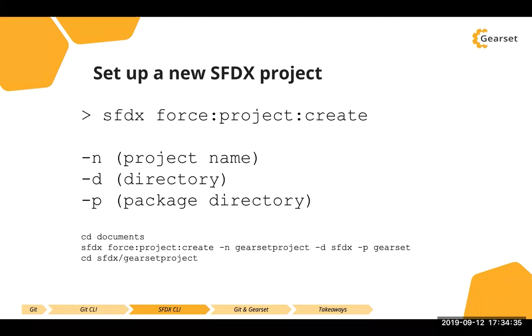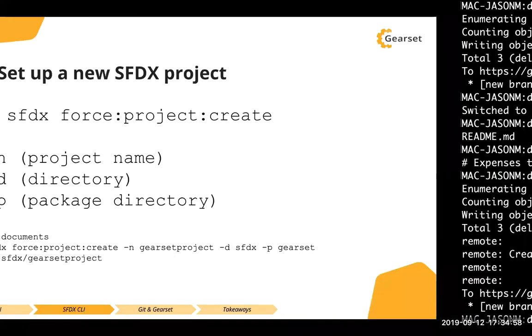And there's a couple of different modifiers that you can specify. There is the name of the project, which is just something that you can reference so you know what you're working with, the directory, so where do you actually want to store this on your local machine, and then the package directory, which specifies, if you're working on multiple unlocked packages and things like that, where you're actually going to put that metadata. So what we're going to do is bounce out to my CLI,